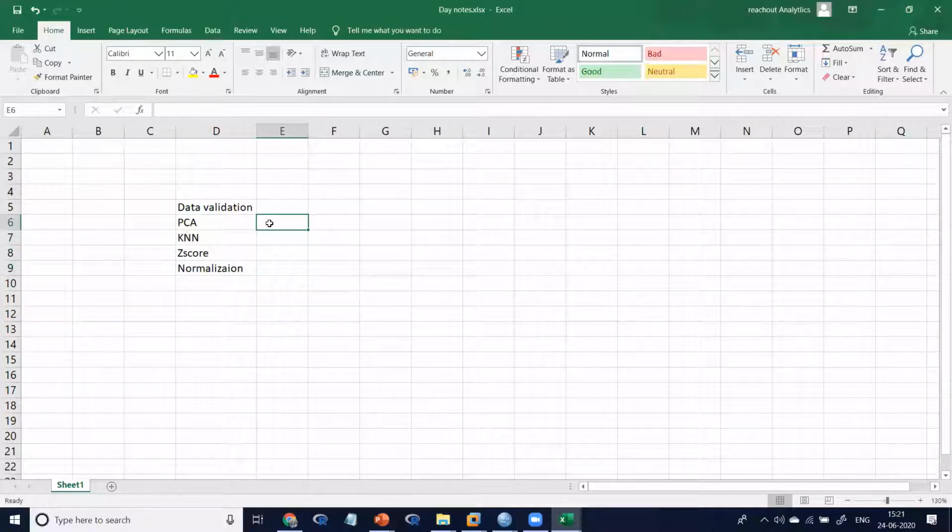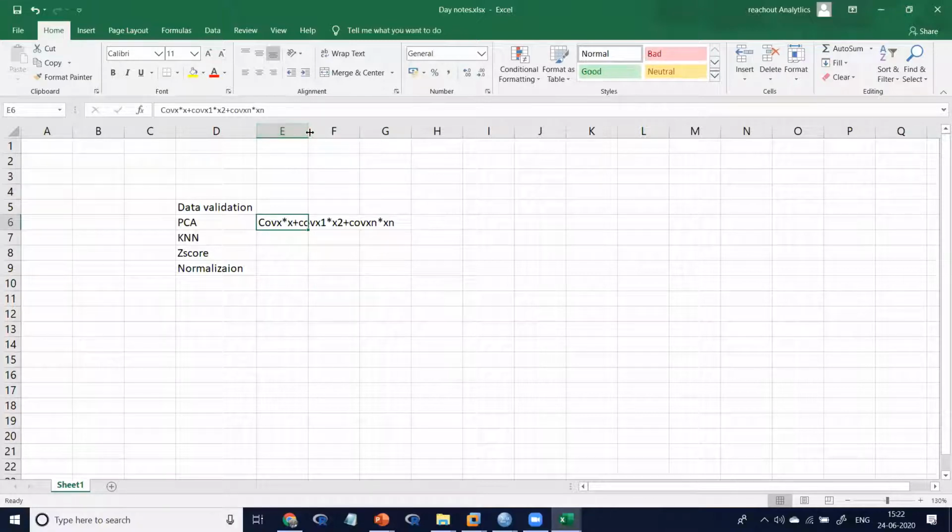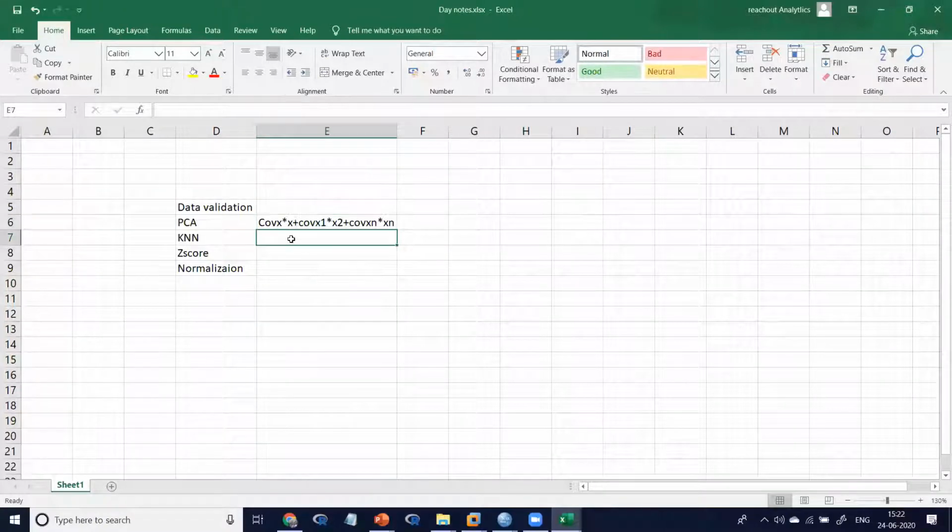What is the formula for the PCA? Covariance of X1 into X1 plus covariance of X1 into X2 plus covariance of Xn into Xn, which is similar to regression. What is KNN?